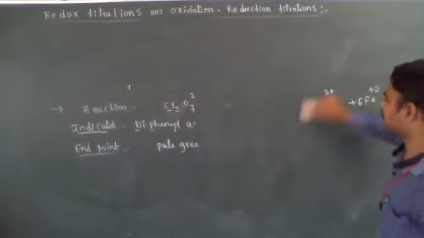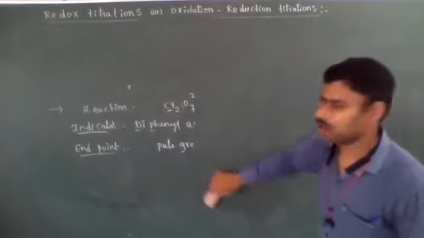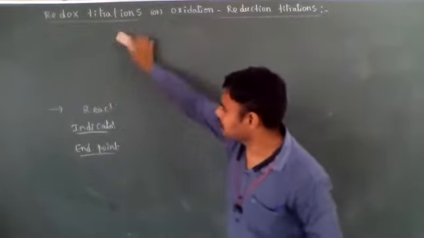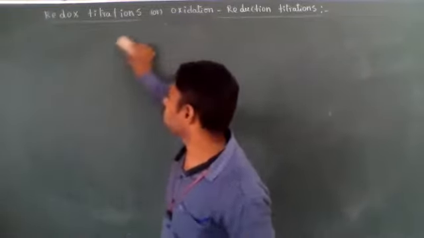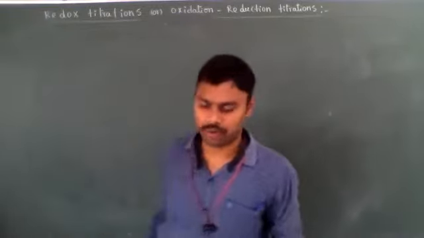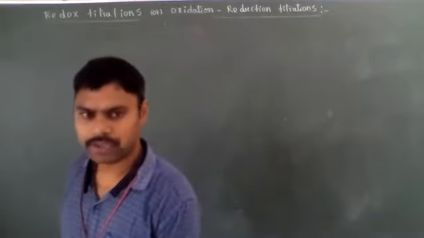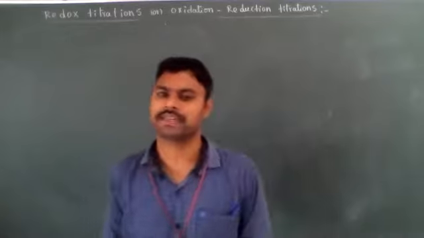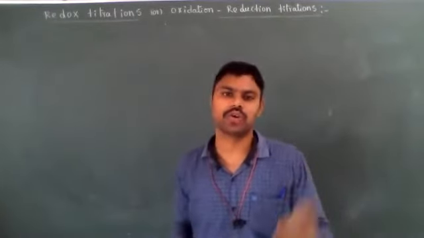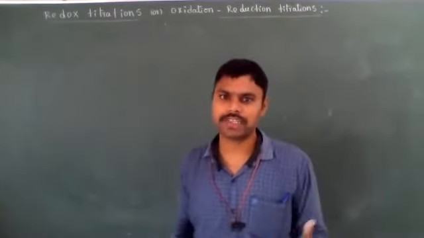Iodine we are using as one of the titrants. Iodine solution against hypo. Hypo solution we know already. The chemical name of hypo is sodium thiosulfate, Na2S2O3. Sodium thiosulfate is also known as hypo solution. What is the use of hypo